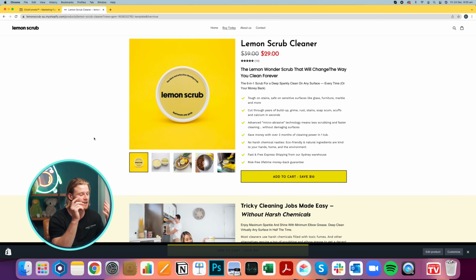GemPages also allows you to do split testing, which is great, just like ClickFunnels. The reason why I would choose ClickFunnels over GemPages is I really do like the customizable checkout pages. You can do some really aggressive order bumps and things like that, subscription plays and so forth. So there's just still a little bit more customization there. I do know that Shopify is working on ways that you can actually split test your checkout and all of those kind of things.